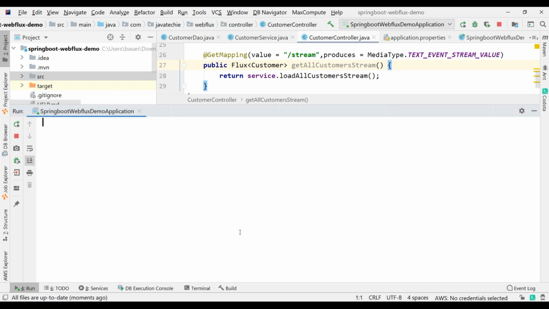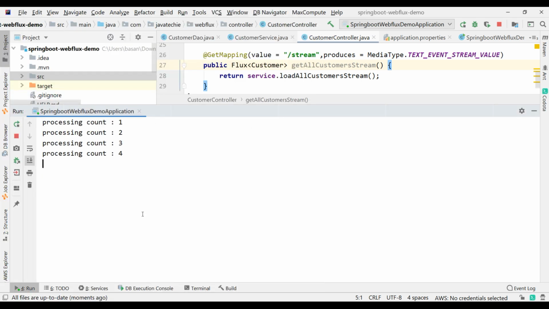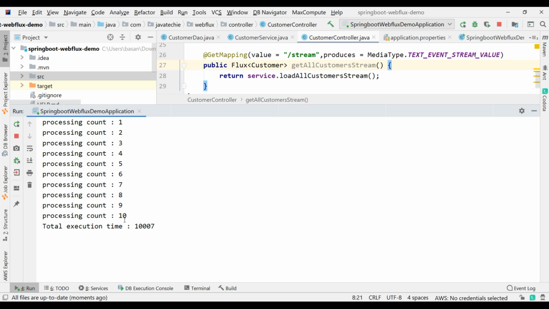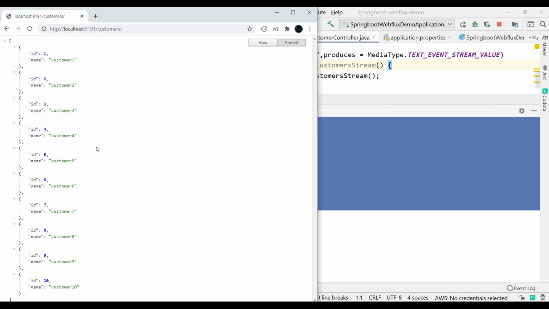Now let me clear this. Go to the browser and let's try to hit the traditional way. I'll just press enter. This is the previous request data. So it is still processing to get all the records, then it will display the actual result. Okay. Finally, we received it. Then if you observe in the browser, you can see the response.